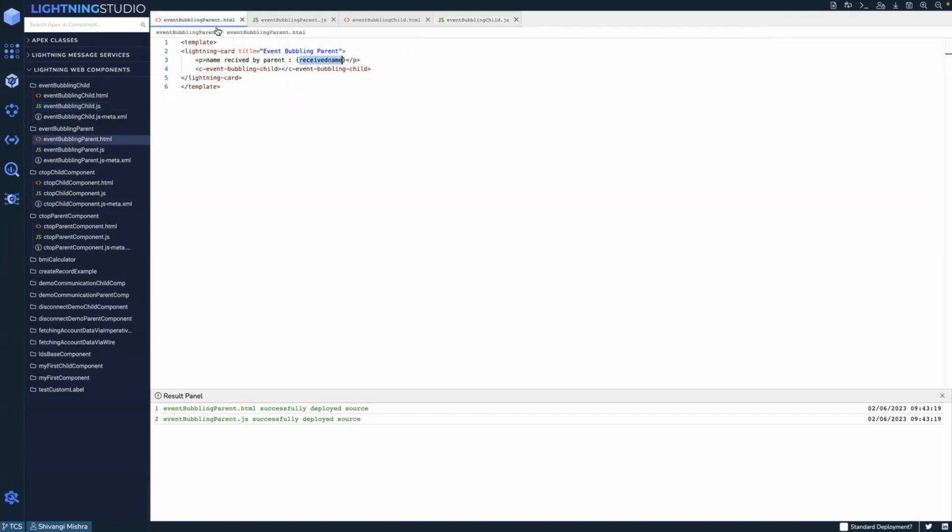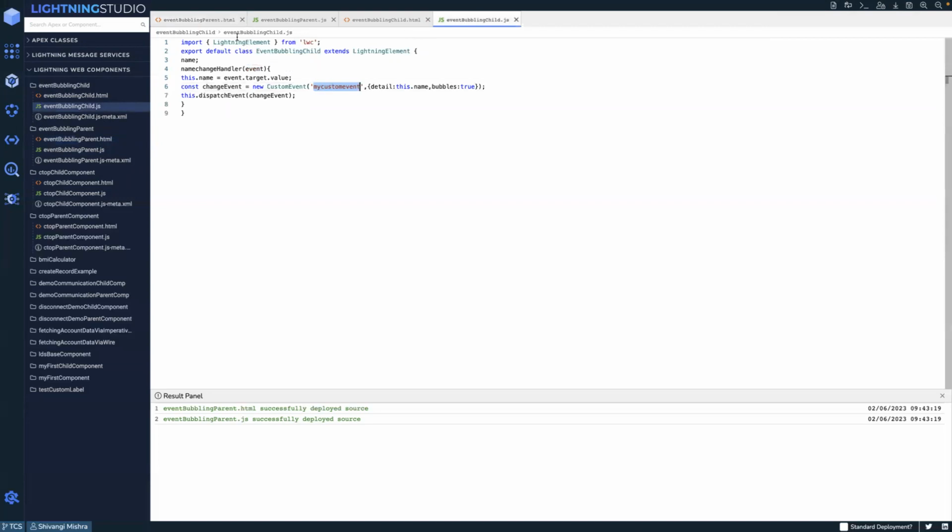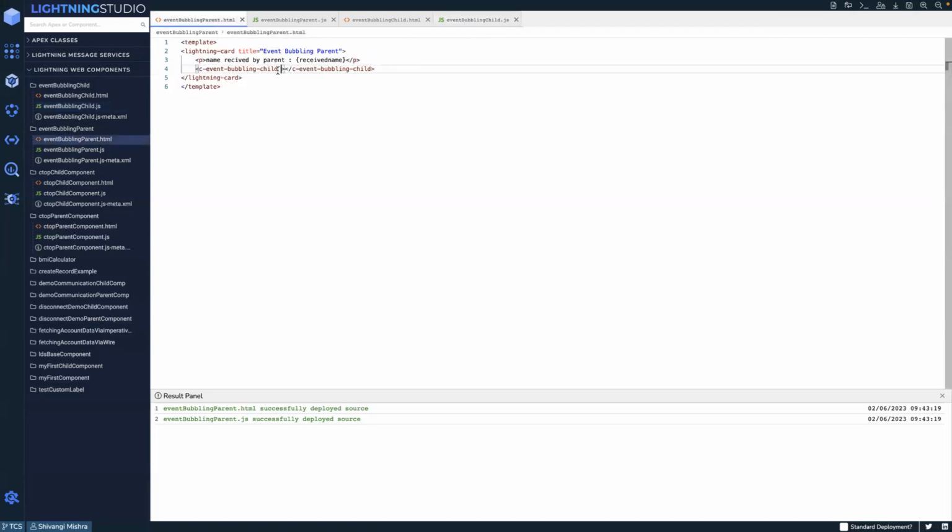Okay, now we are not doing it the normal way. Normally, we use this name, my custom event, and create an on handler for that, and then based on that we get something. But as we are using event propagation, we need not do anything on the HTML side of it. What we can do is inside the constructor,